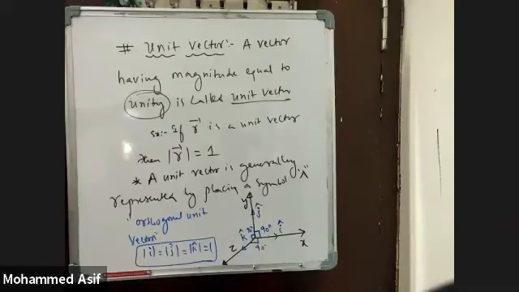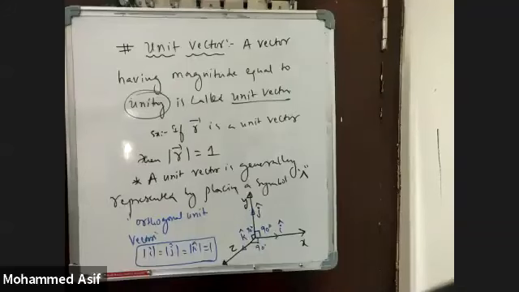Sir, should we use only I, J, K, or can we use any letter? No, we have to use only I, J, K. That is a tradition for the complete understanding of physics. Unit vector in the x-axis, I, means we should always understand that it is in the x-axis. J means it should be on the y-axis, and K cap means it should be the z-axis, unless the problem gives any other data. Otherwise, 99.99% of the time we take these cases, unless there is any rotation in the problem, which will be clearly mentioned in the numerical. Otherwise, for doing the problems, the x-axis is always I, the y-axis is always j, and the z-axis is always k. That is permanent.